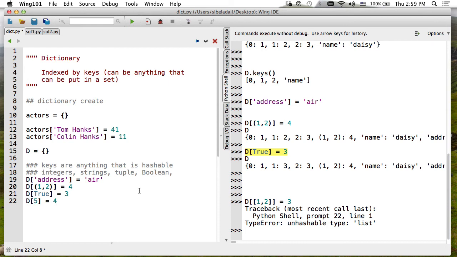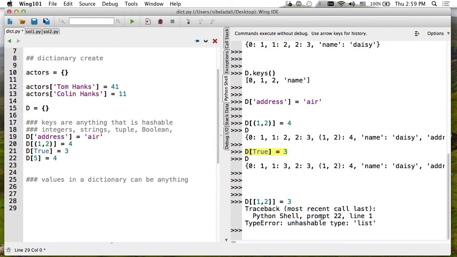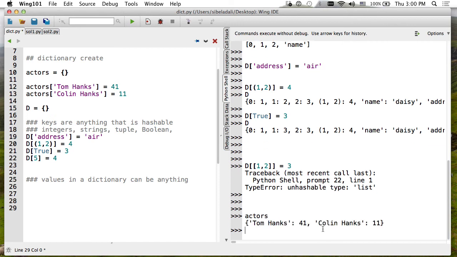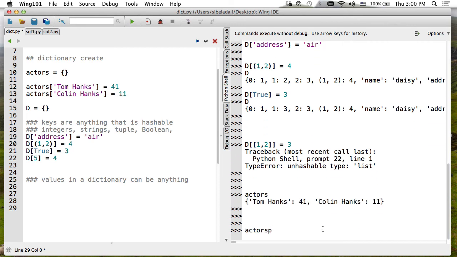But values can be anything. What you put on the right side can be anything. So you can store anything as a value. Values in a dictionary can be anything. In fact, for example, if I had actors here, instead of storing the number of movies, I could store the names of the movies. So I can store the names of the movies as a list, such as